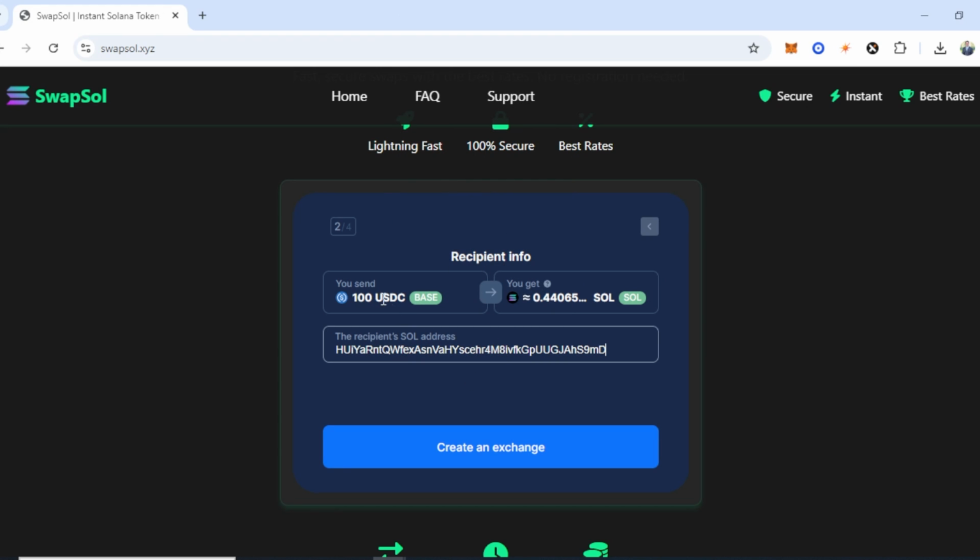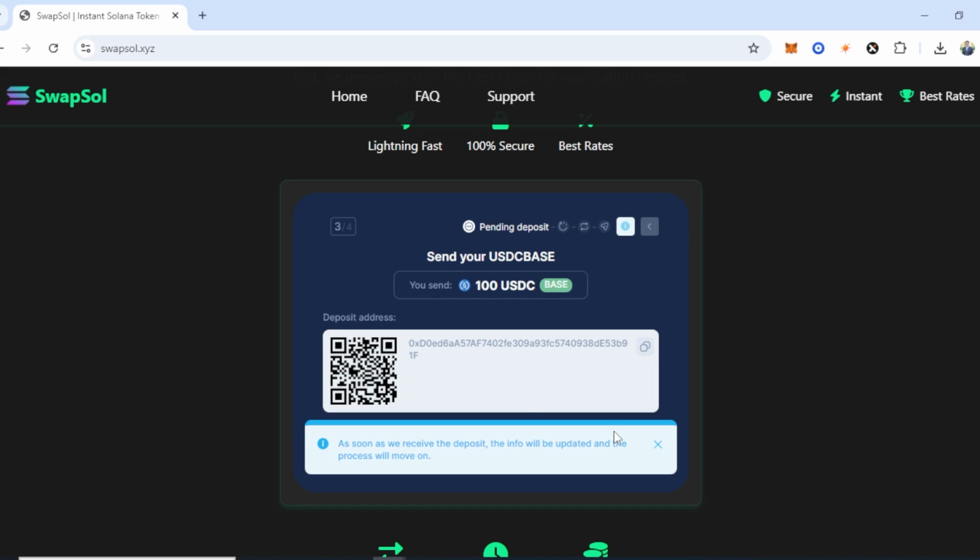So I'm gonna send 100 USDC on Base chain to get 0.44 Sol. So I'm gonna click create an exchange. It says exchange is being created. Now it's going to give us a deposit address. We are going to click copy here, and now what we need to do is send 100 USDC to this